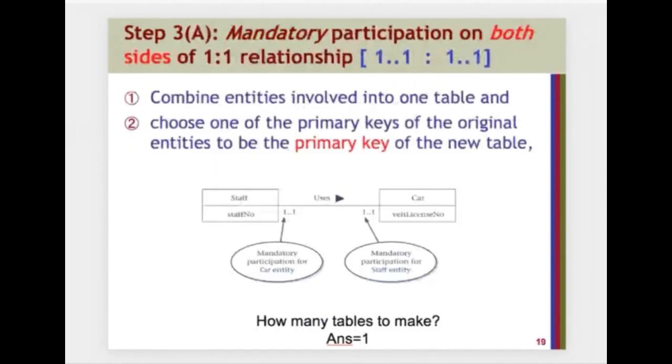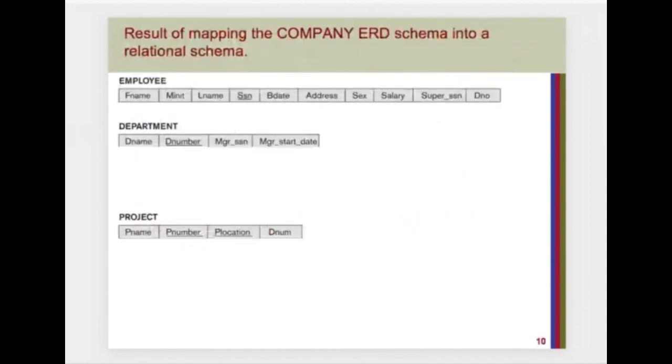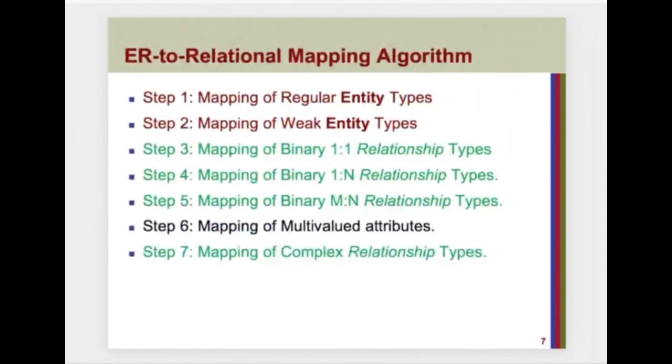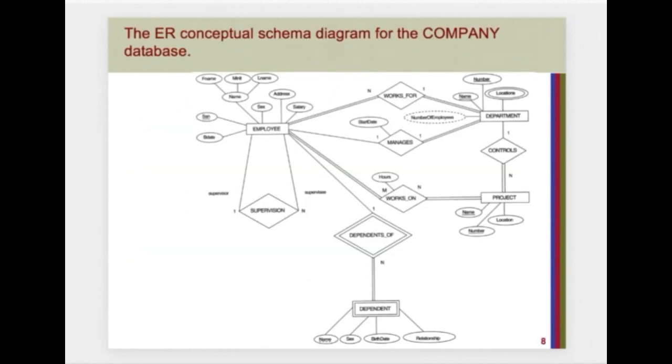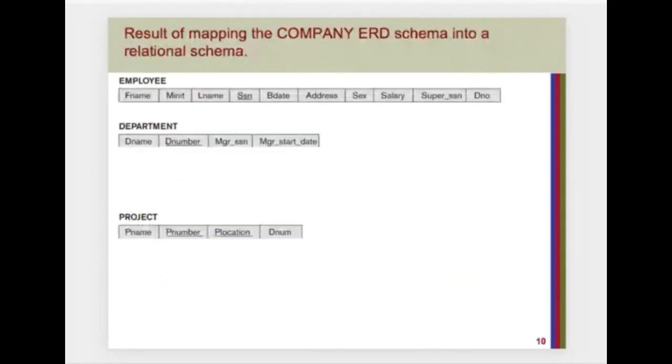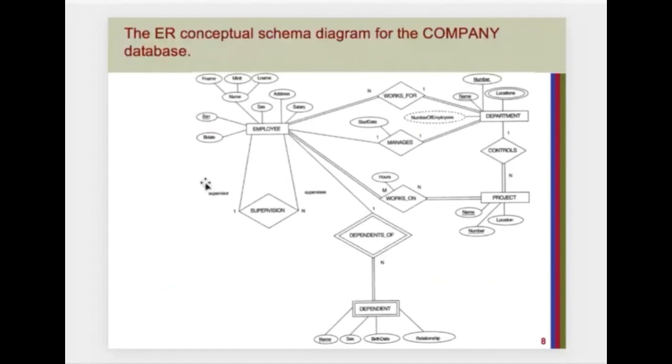And we saw that we can convert it through several steps, and these steps were 7. We saw we can convert our regular entities, which were represented by rectangles in our ERD, directly to our relations or tables. And we saw that in our company